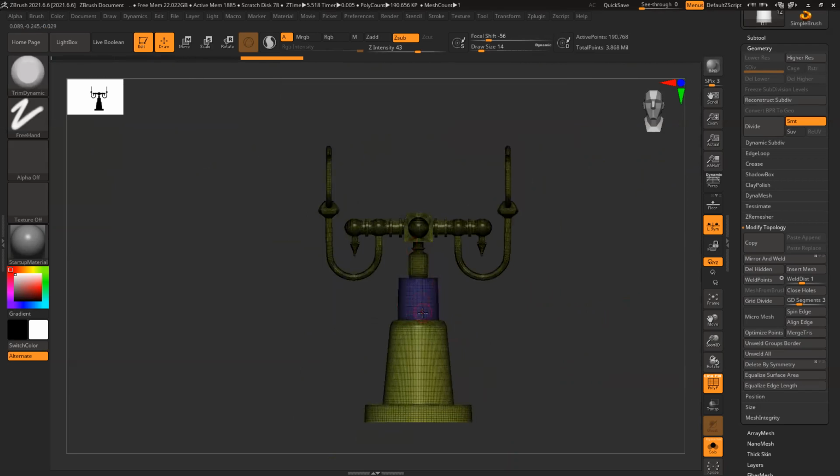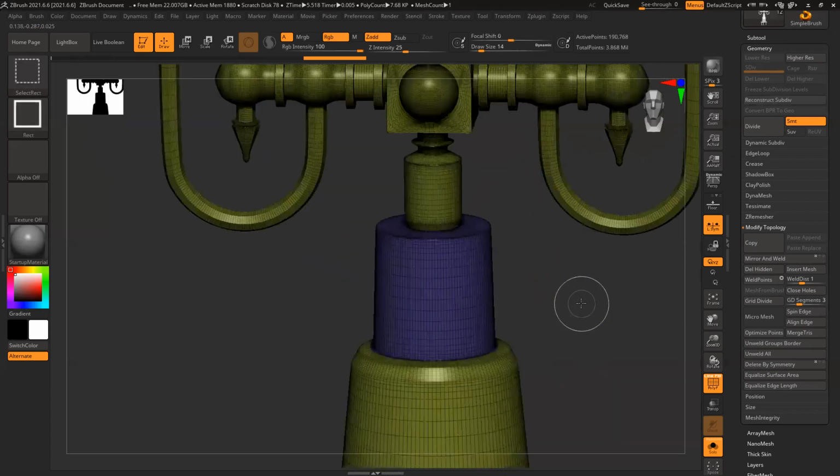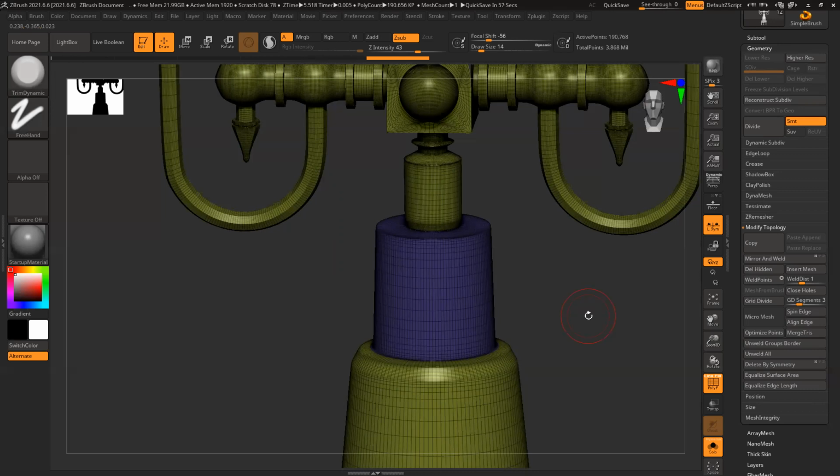Whenever you have a polygroup, that means you can select that section separately. So now I have this part, Control Shift, click on this, you can isolate, or you can just see the entire thing. If I want, I can split this into parts also, because whenever you have complex geometry, it's always recommended to split the model and then work on it. It will make your life way easier.